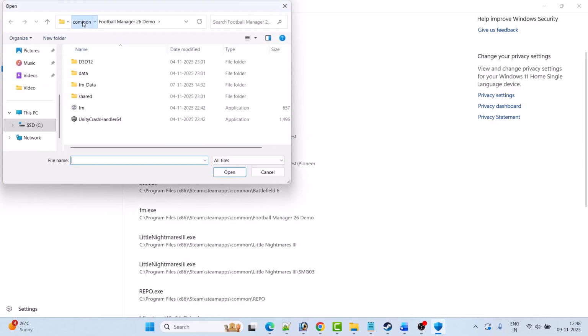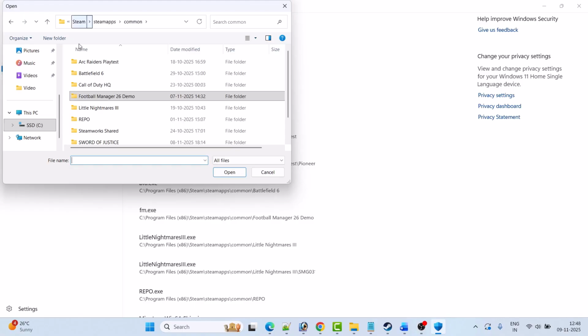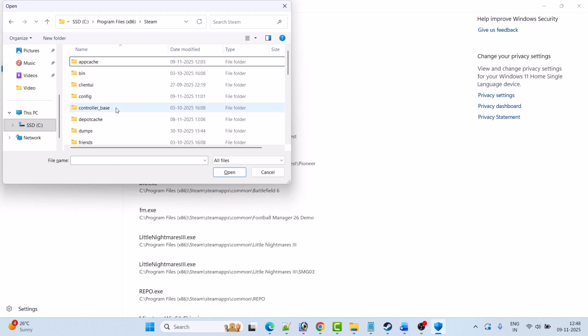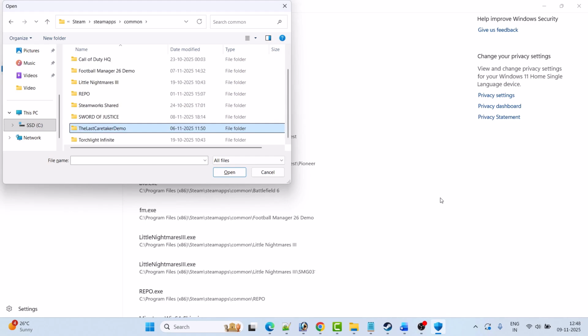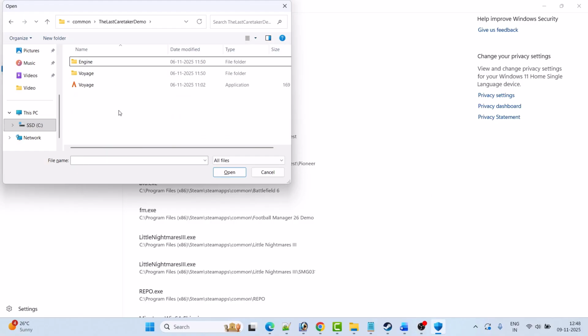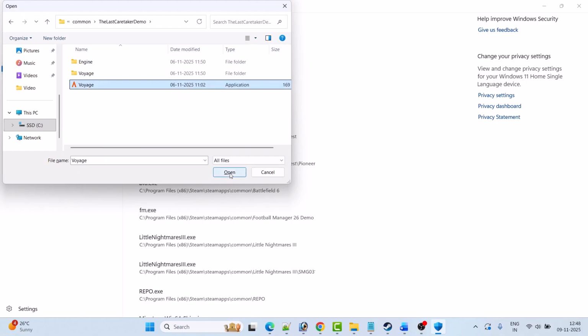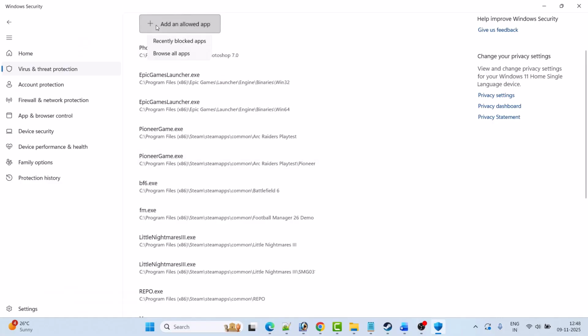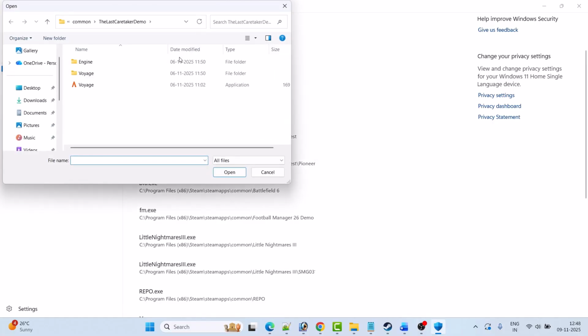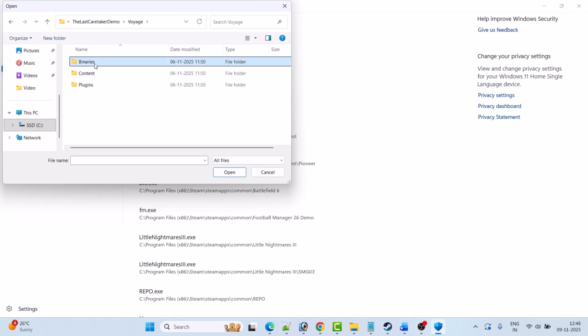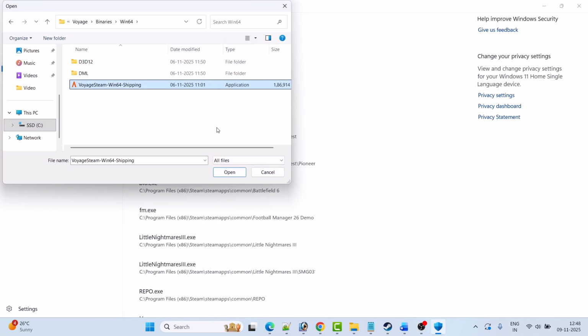Now go to the game installation folder wherever you have installed the game. Open Program Files x86 folder, open Steam folder, open steamapps folder, open common folder, open the Last Caretaker folder and then select this Void exe file and then click open to add it to the list. Again click on add an allowed app, then click on browse all apps. Now open Void folder, open Binaries folder, open Win64 folder, select the Void Steam Win64 Shipping exe file and then click